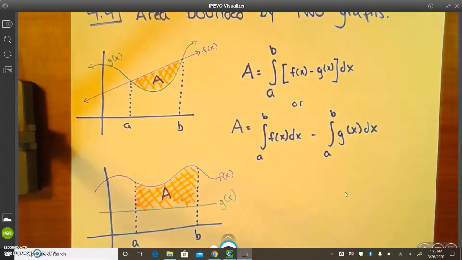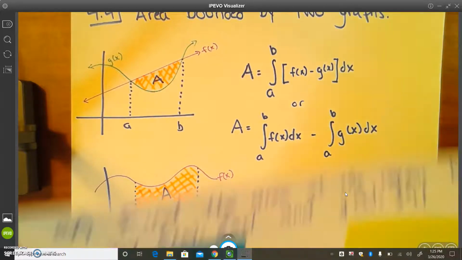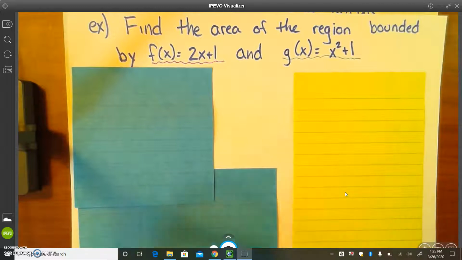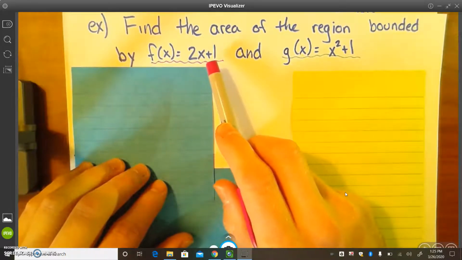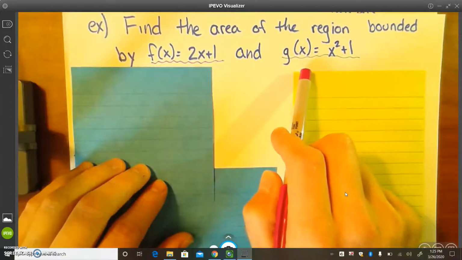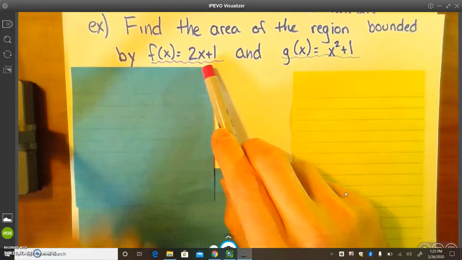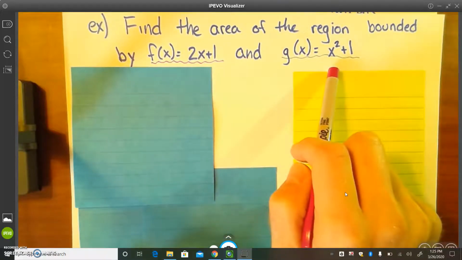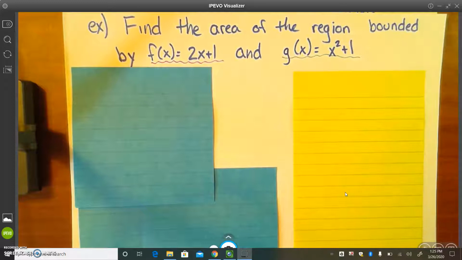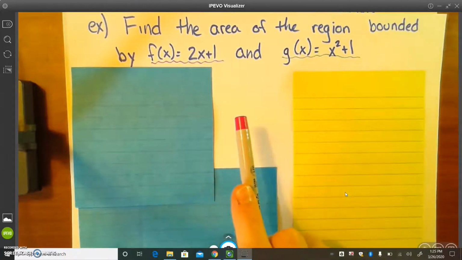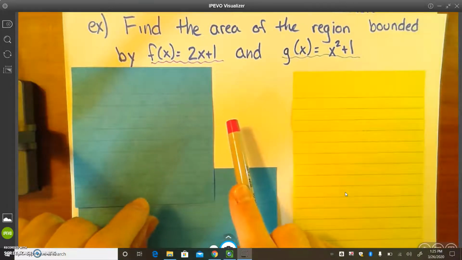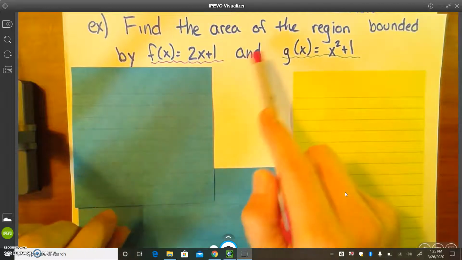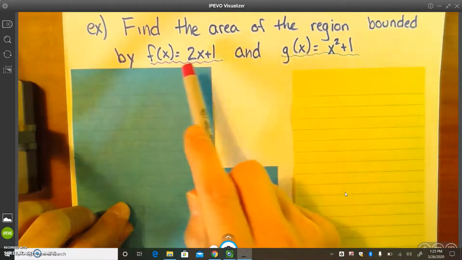So let's see an example at work. If you haven't noticed, I've been getting a little bit better with writing out everything ahead of time and then hiding everything. So we want the area of the region bounded by f of x and g of x, and they're both given to us. F of x is the linear equation 2x plus 1. G of x is a quadratic equation x squared plus 1. Now notice they did not give us an interval to integrate on,